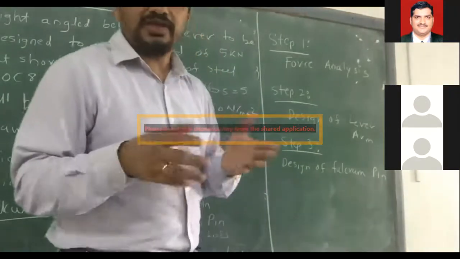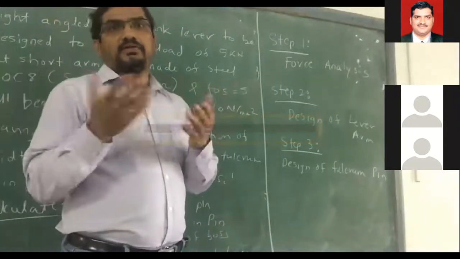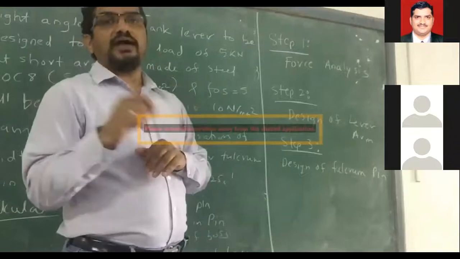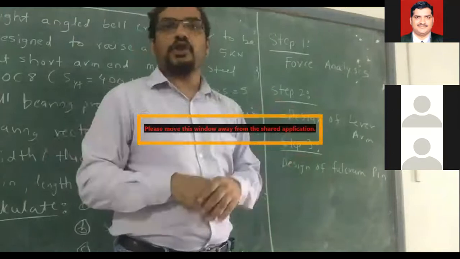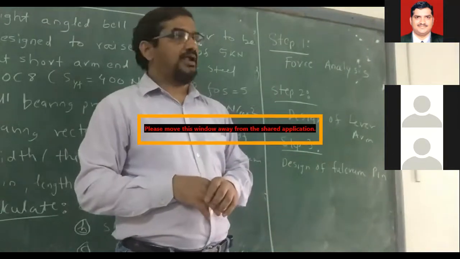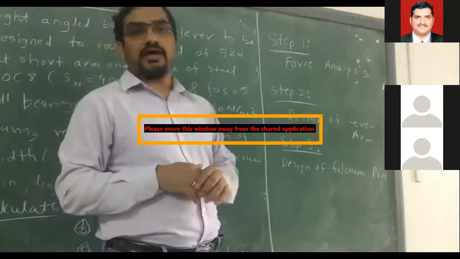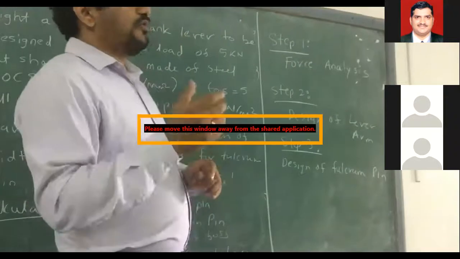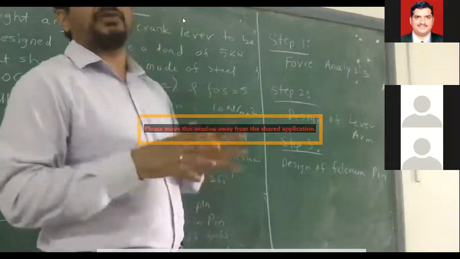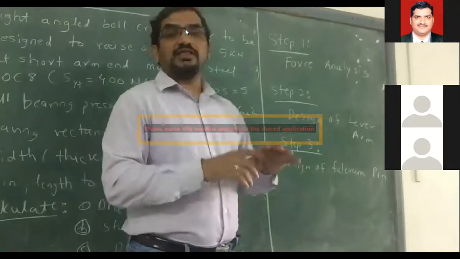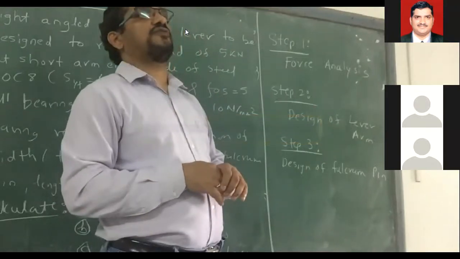In the lever arm, we have to design the length and the cross section of the arm. The cross section may be rectangular, circular, or anything as per your requirement, and depending on that your I will change. Because the lever arm will bend, the failure of the lever arm will be because of bending. So we use the bending equation: M_b upon I is equal to sigma_b upon y. If we know the bending moment, I, and sigma_b, we can find out the dimensions of the lever arm. So in the second step, we design the lever arm, that is, find the cross section of the arm and the length.